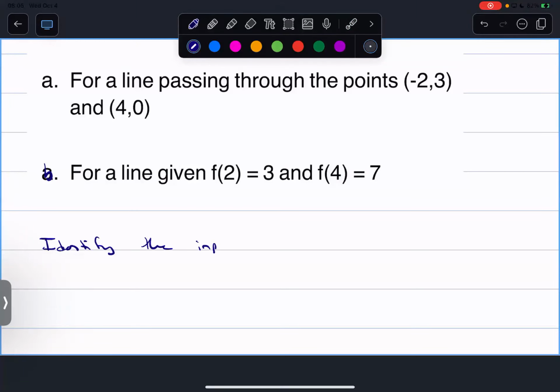the input, which is your x, and the output, which is your f of x, but I'll also put y if you prefer, right? If you want to just read those